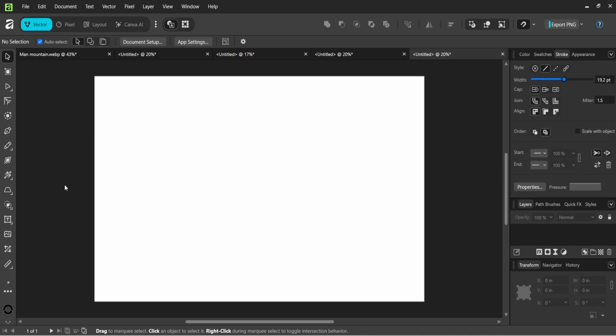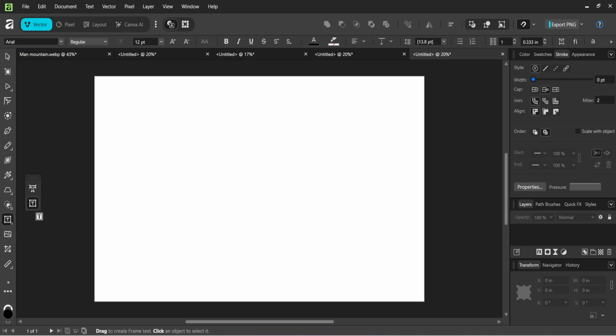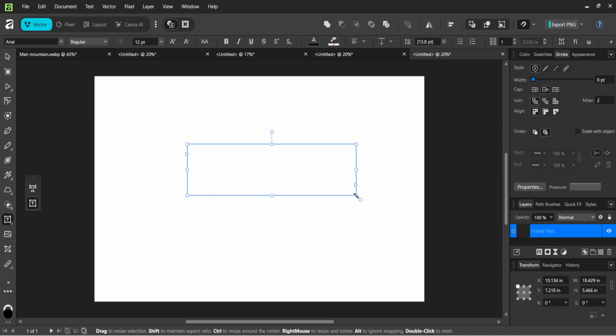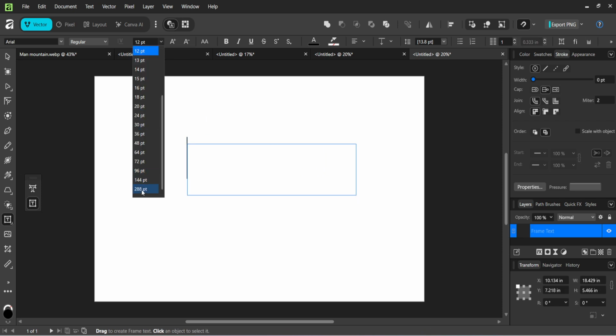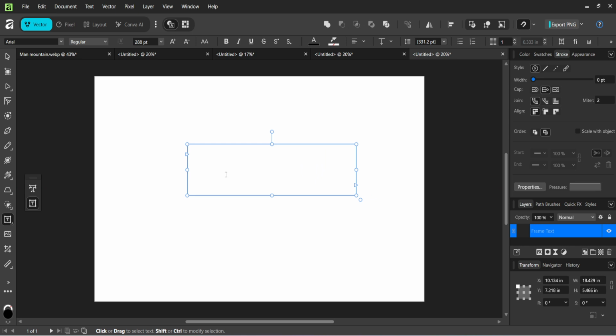Start by choosing the Artistic Text tool. You'll find it on the toolbar, represented by a capital A icon. Artistic Text is ideal for headlines and standalone words because it gives you flexible, freeform control without creating a fixed text frame. With the tool active, click and drag across your canvas to define the size and angle of your